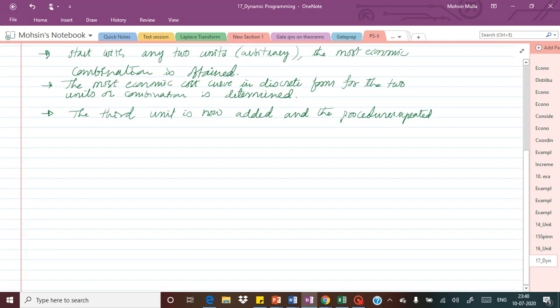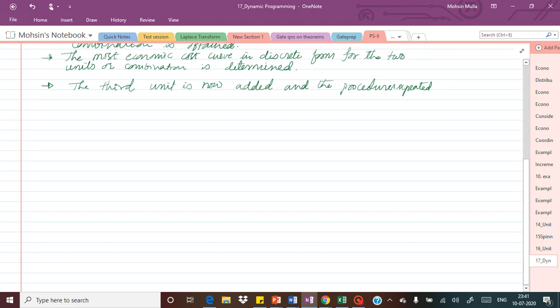So like this, considering the composite cost characteristics of the first two units and the cost characteristics of the third unit for different loading, the cost characteristics of the three combined units is obtained. Thus this procedure results in a considerable saving in computational effort. The procedure of adding one unit and determining the cost characteristics of the new combination is continued till all the available units have been taken into account. The advantage of this dynamic programming algorithm is clear: if we know the optimal way of loading n units, it is easy to determine the procedure for optimal loading of n plus 1 units.